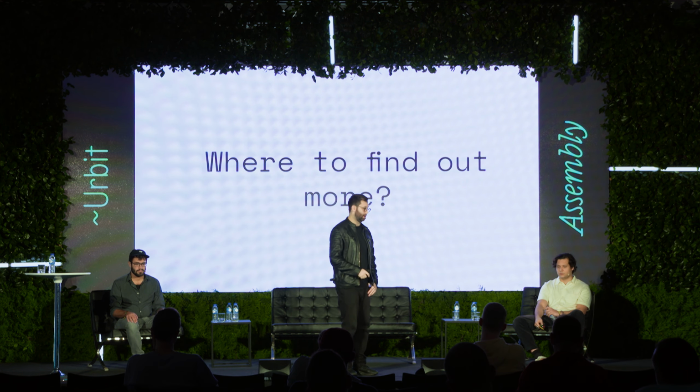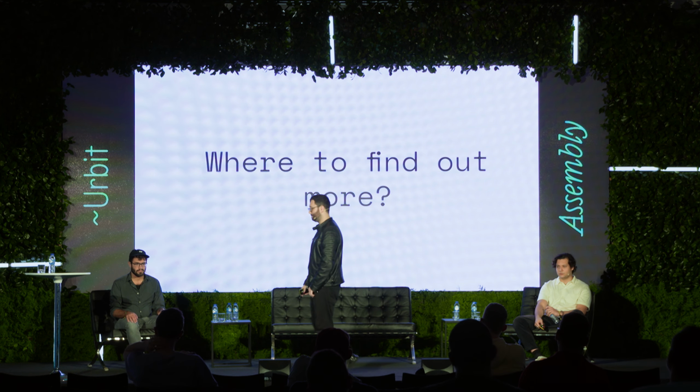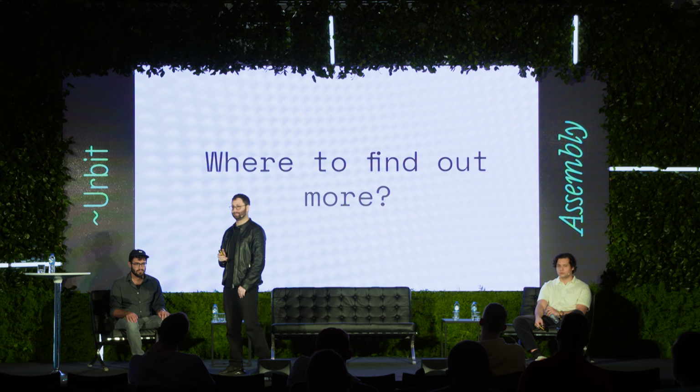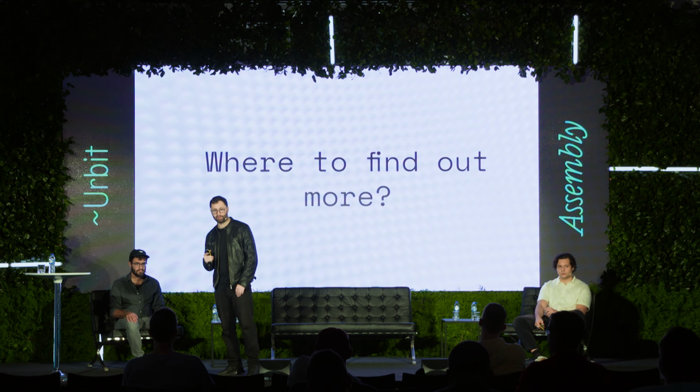We've built some stuff on Urbit before, and there's something that Ted says sometimes, rage-driven development, right? The things that annoy the hell out of you are great targets for building software and building solutions for. And so that's what we do. There were things in the Urbit development process that annoyed us, and we're looking to solve the problems associated with software development there. So if you have any things that annoy the hell out of you, we'd love to hear about it.